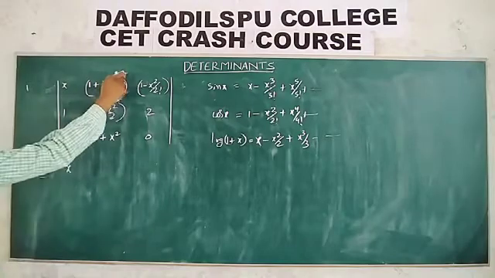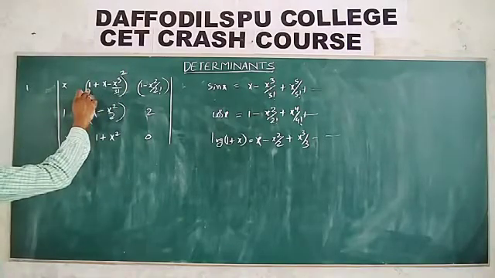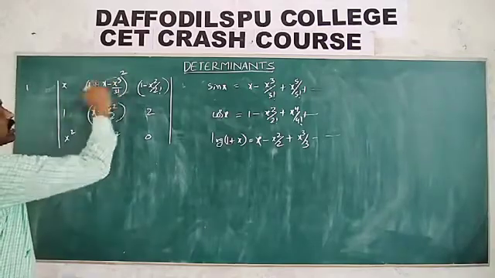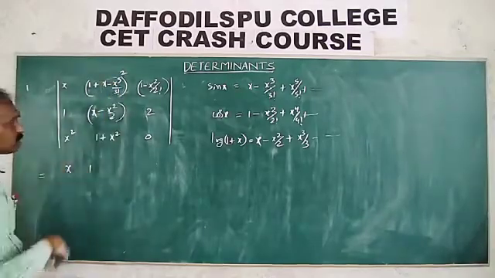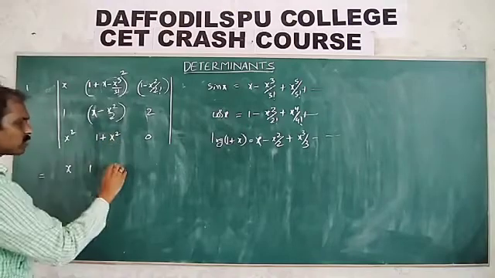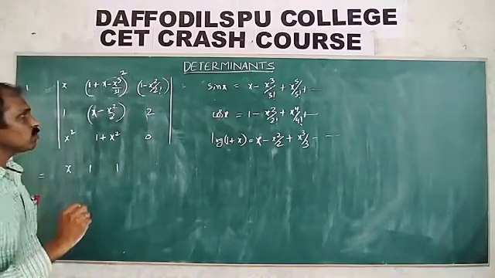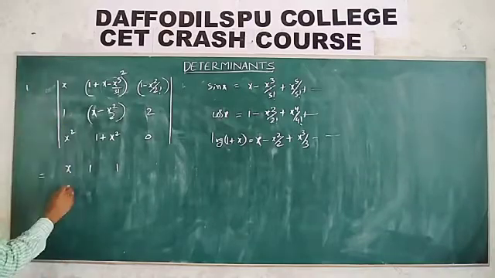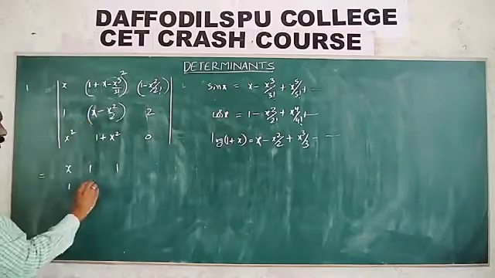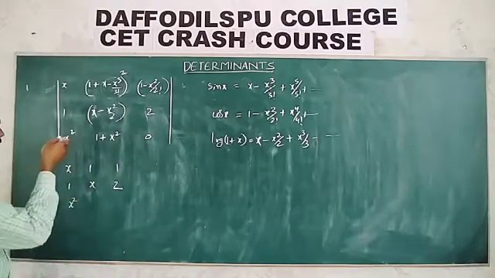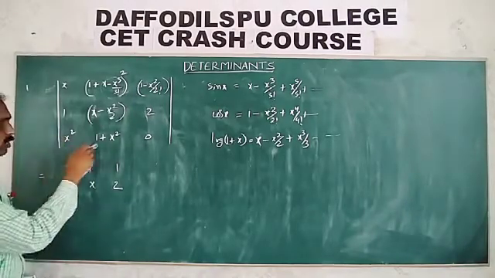x whole square is there means this value 1, no problem. X square, we want only x, means these elements neglect. So take 1. Here also take 1. Why? Means x square is there, neglect that one. We want only the coefficient of x. Right. Here also 1. Here we take x. Take 2. X square as it is in the problem only given, so take x square.